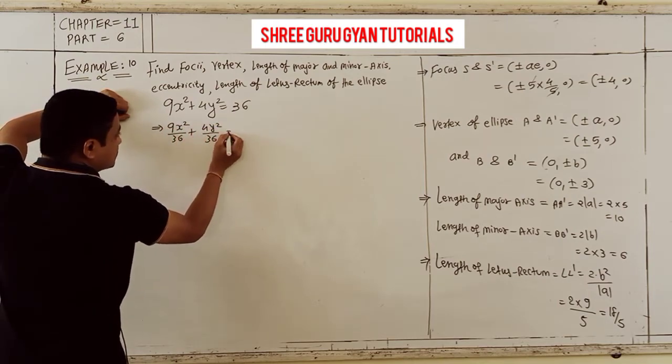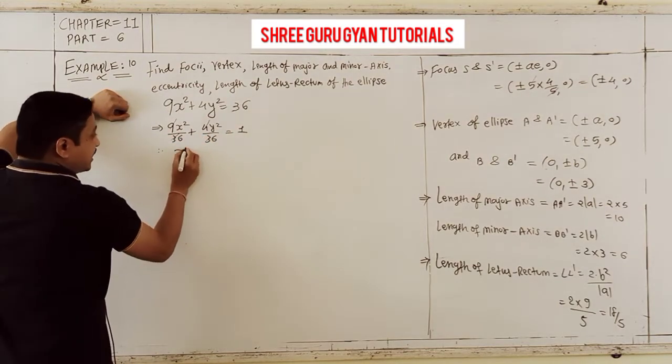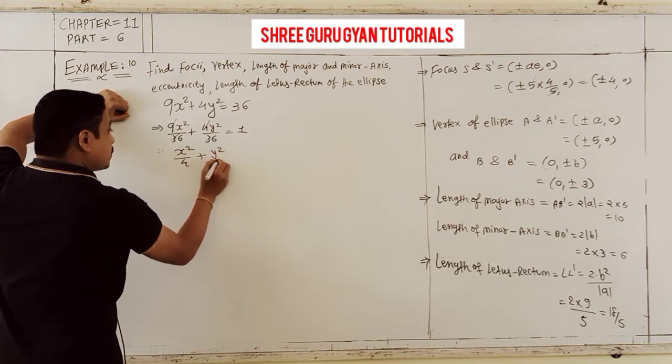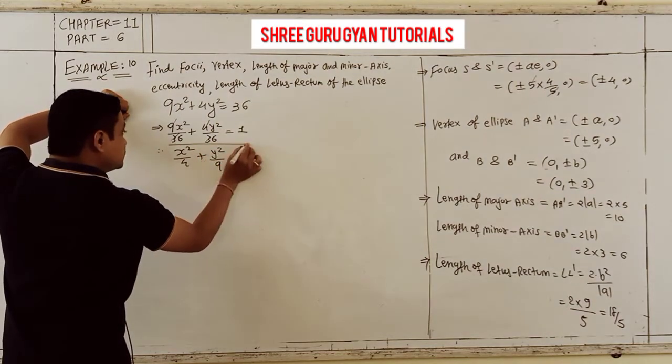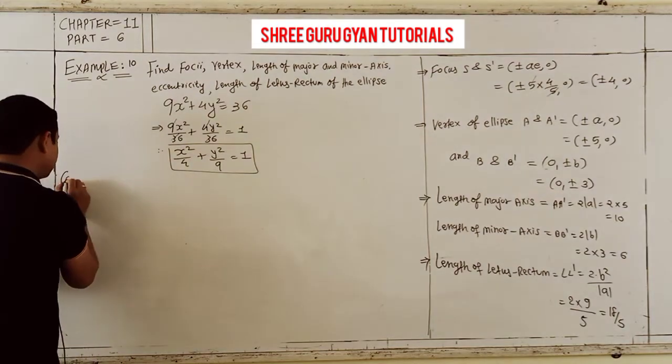4y square by 36, so this cancels. Only you get x square by 4 plus y square by 9 is equal to 1. And check here, you compare with, yes,